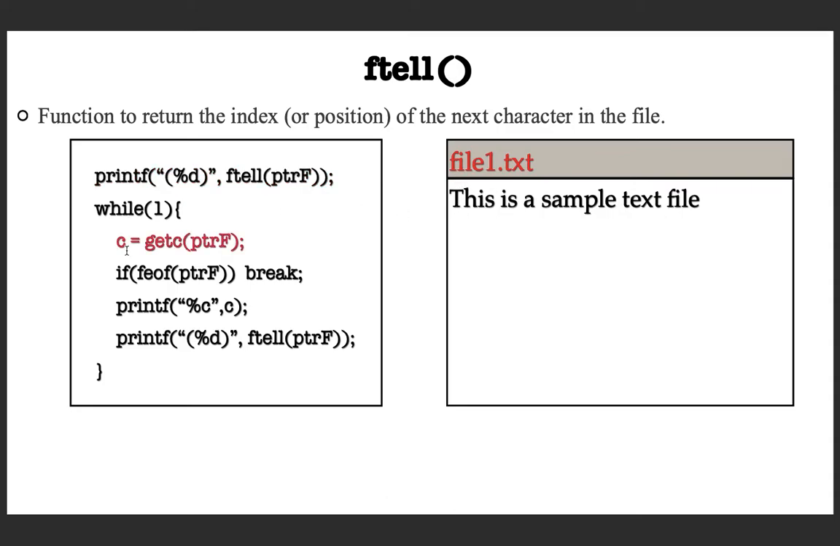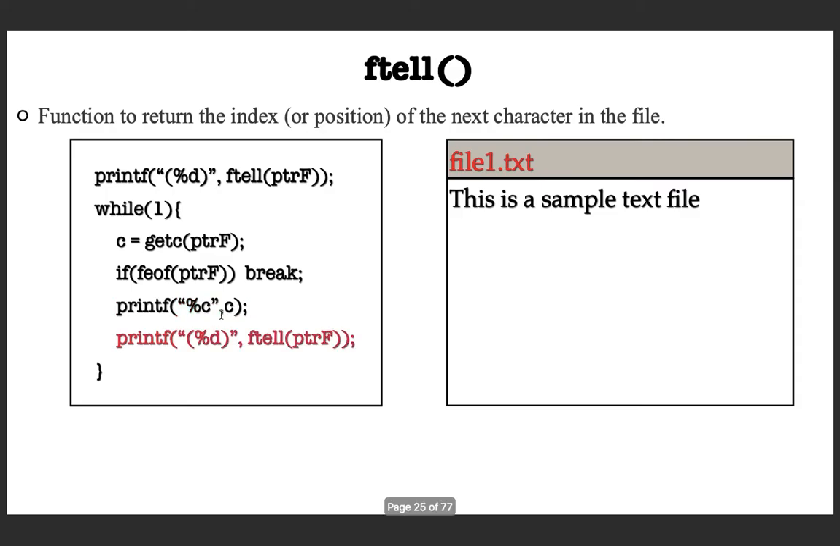And after that, it is reading the next character, which the first time is capital T. Then it is checking whether the end of file has been reached or not. End of file is here. If you have already reached the end of file, you come out of the loop. Otherwise, the character which you read is printed on the screen,